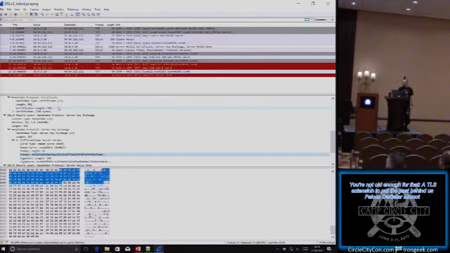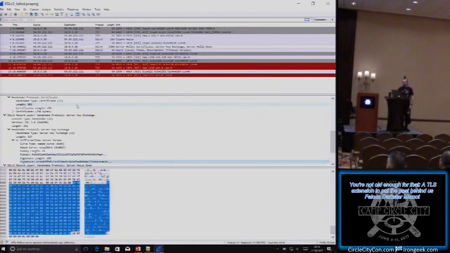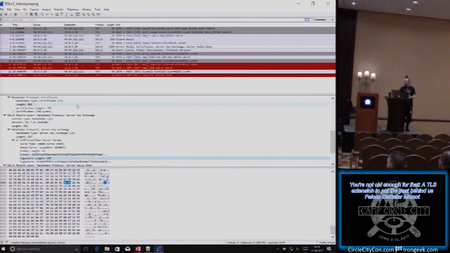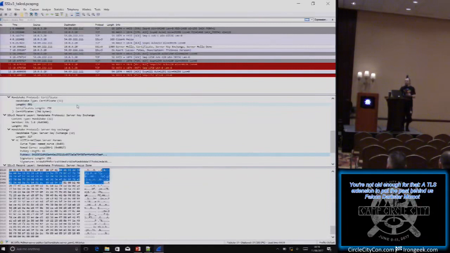That is how the authenticated key exchange protocol works. Up until this point, this is the only signed message in this TLS exchange, unless there was a client certificate, and then there may have been before, but it will probably come after. This is the only thing that is signed. Everything else about this message is completely mutable. And furthermore, everything else about the client hello message that we looked at earlier is also fully mutable.